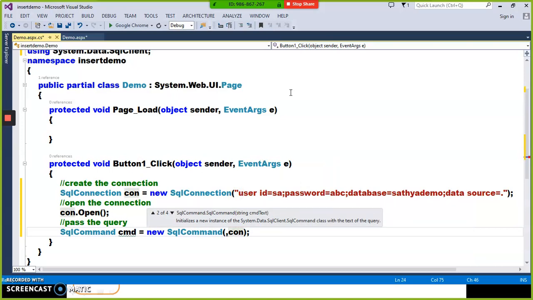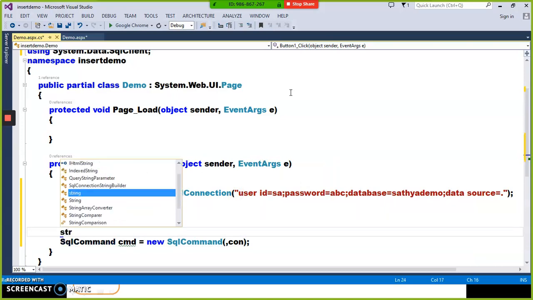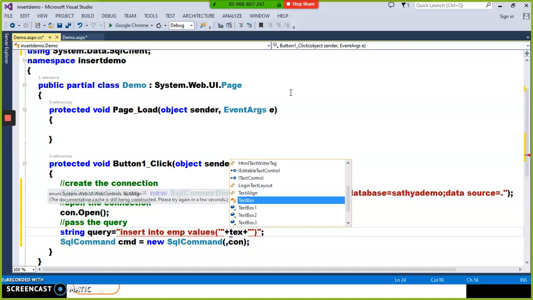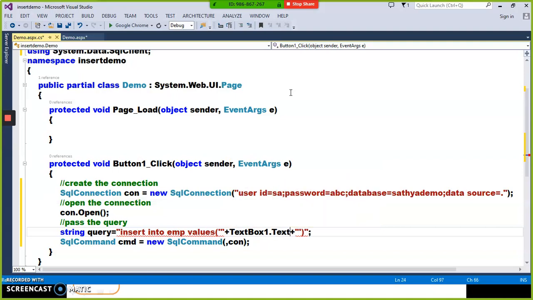I'll try to pass the query. Here I'll try to pass the query string. Okay, na? String query is equal to, I'll try to write the insert query. Insert into table name emp values of first value single quote, double quote, plus where is my value? TextBox1.Text.